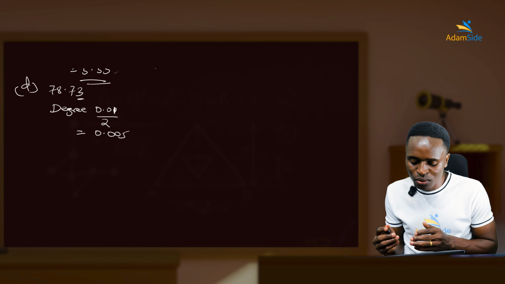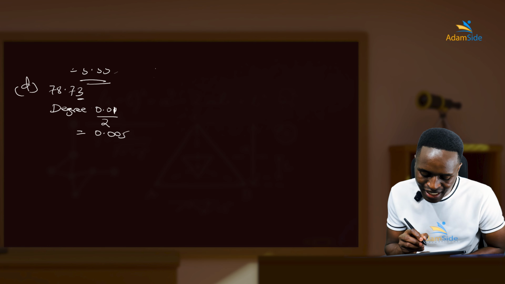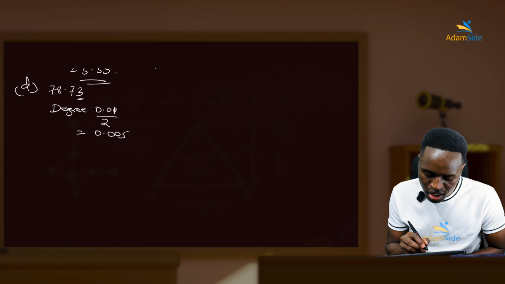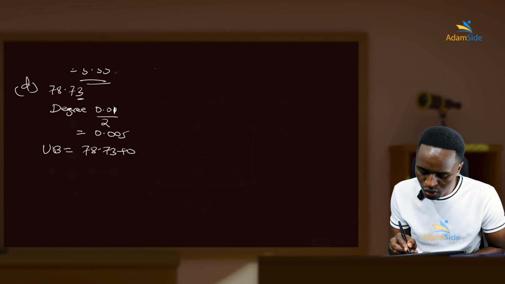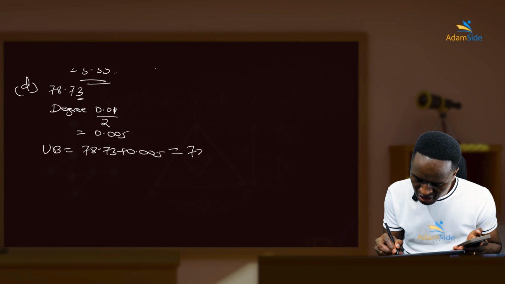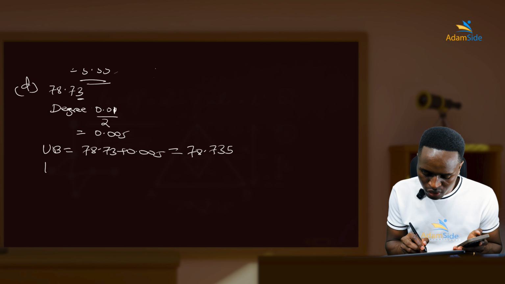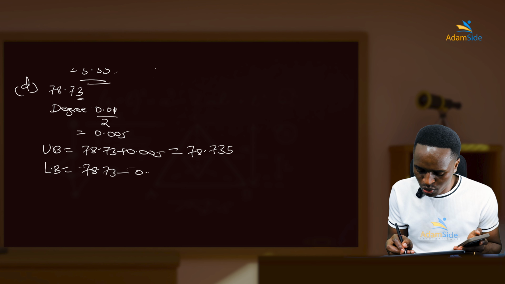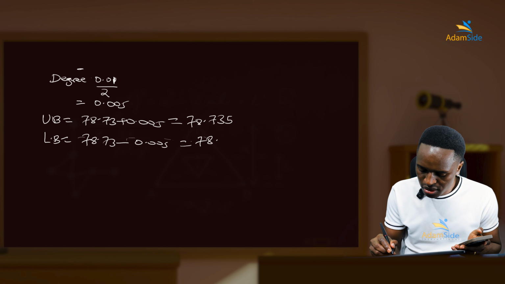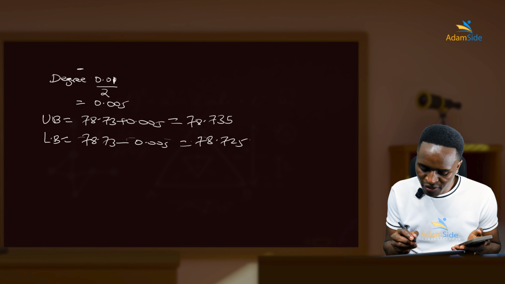Then, what do you do? What do you need to do then? After that, our upper bound is 78.73 plus 0.005, which is 78.735, and then your lower bound is equal to 78.73 minus 0.005, which is 78.725. Therefore, error